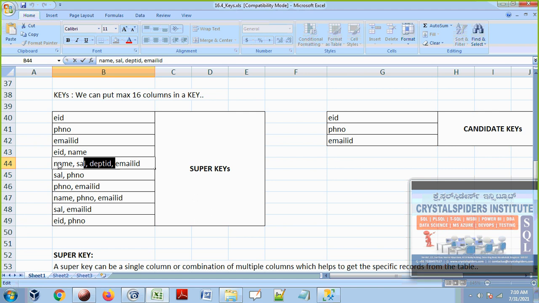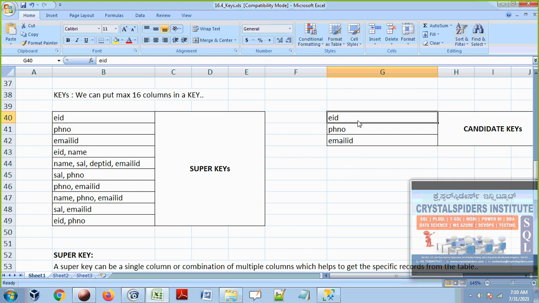Let's see the same situation for this also. Even if you don't provide these three details, just provide the email ID, that's enough, I can identify that person. Even if you don't provide salary, just provide the phone number, I can identify that guy. See now in this combination, phone number and email ID, both values are not required. Either one is enough, either phone number or email ID. So in that case I am not going to consider it a candidate key. And here also I am not going to consider it a candidate key. All of these are not fit for candidate keys.